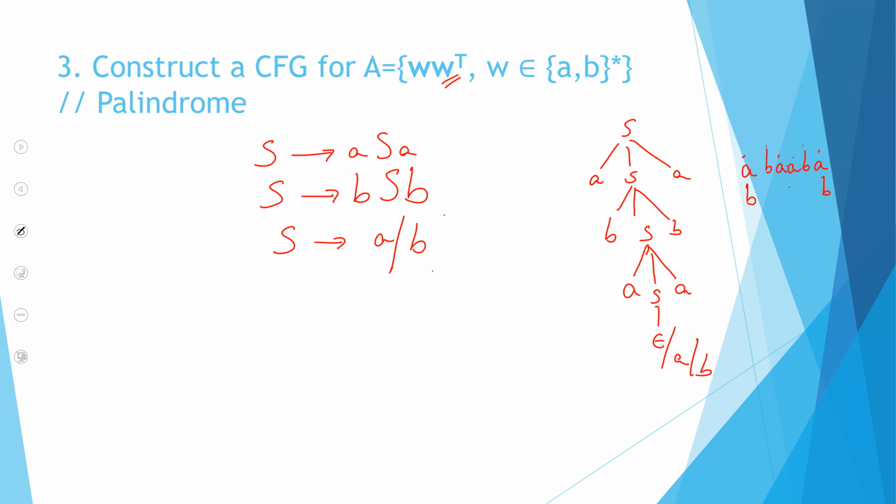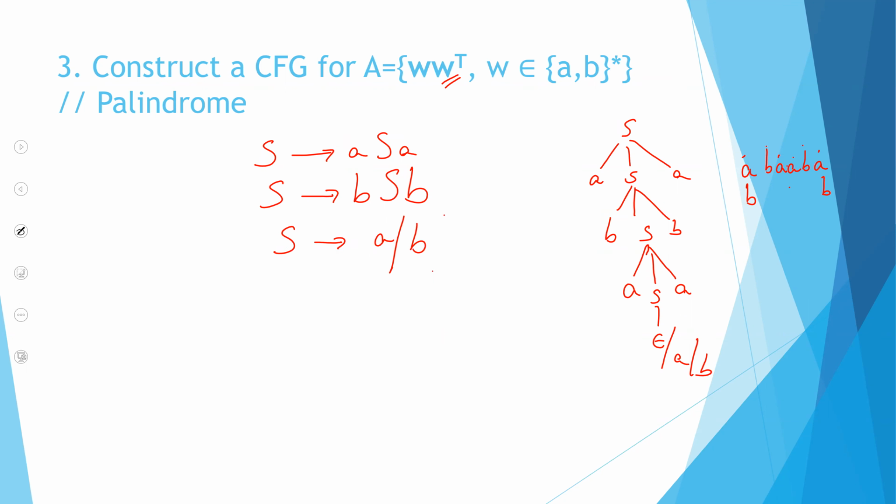So this would be the reverse. The next question will be the reverse. If it starts with A, it should end with A. If it starts with B, it should end with B. But in between, you should have something. You can either have an A or a B. Odd length palindrome. Okay, so let's do that. It starts with an A. So I have this. The next is a B. So this cannot be epsilon. If I go for epsilon, it goes evenly. So what do I have over here? A proved.